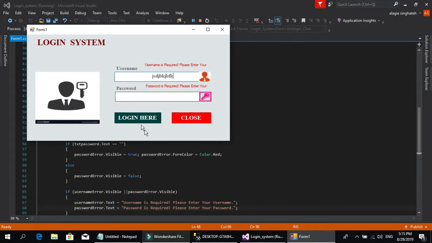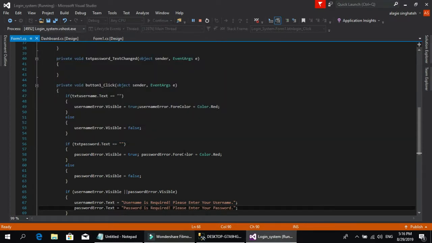So if I enter anything here, so I enter login, you see our password error is here, because we don't enter any password, so we have an error in the password. If I enter the password as well, then I will not see any error here. You see, boom, right? So our work is going fine. So let's go back to the code,